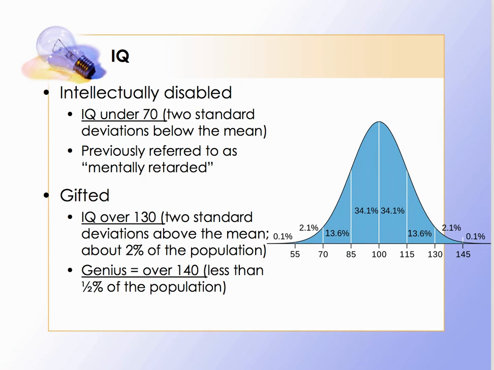Within the field of psychology, for psychologists assessing and diagnosing, gifted isn't an actual diagnosis that you see in the DSM-5. Gifted is more of something you see within the school system. So school psychologists would be more interested in